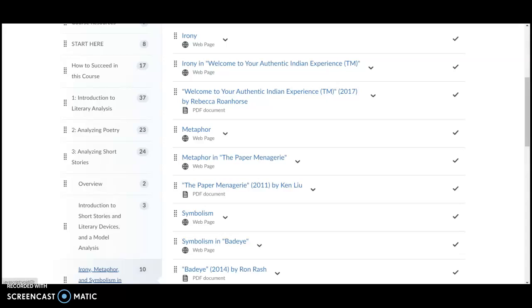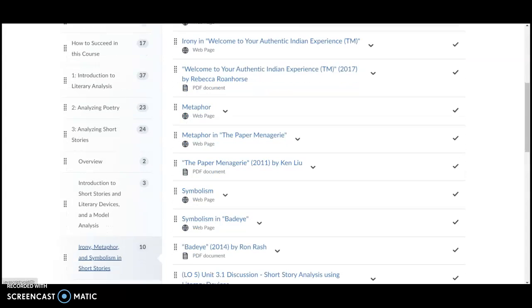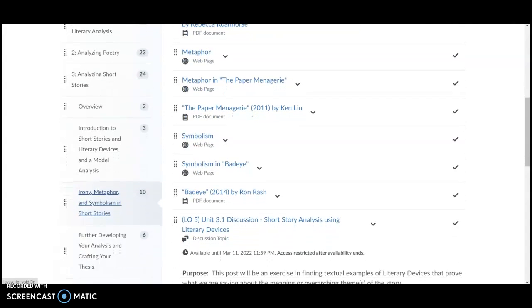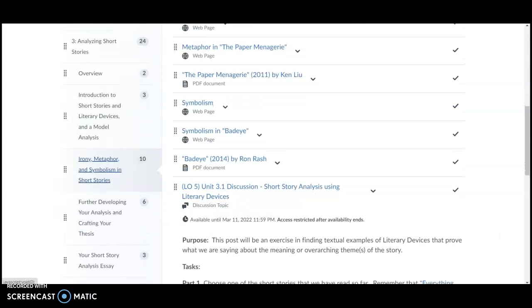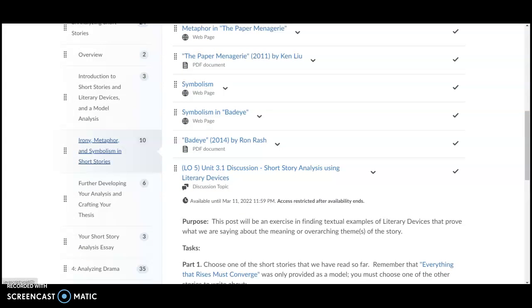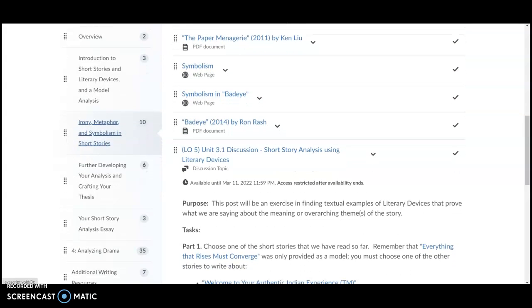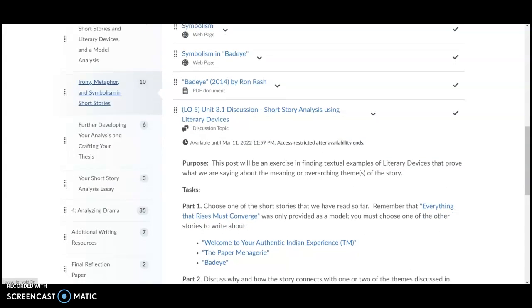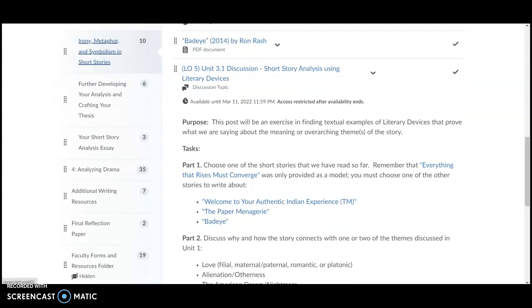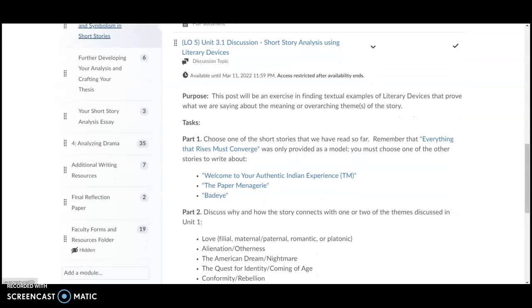Do the same with metaphor in The Paper Menagerie, and symbolism in Bad Eye, the short story Bad Eye by Ron Wash. Once you've read all three of the short stories and you've looked at the different types of literary devices and how you can read them in the short story and analyze how they're being used,